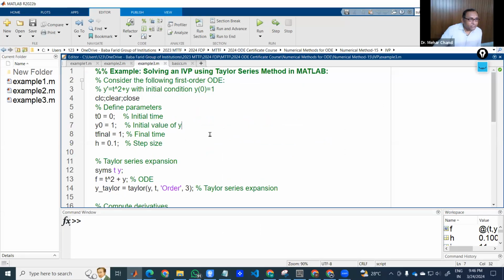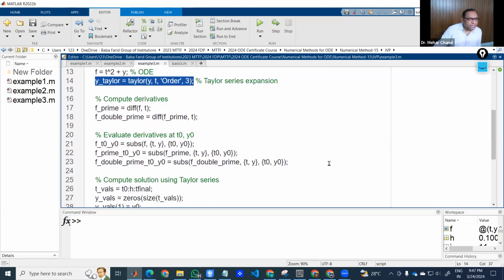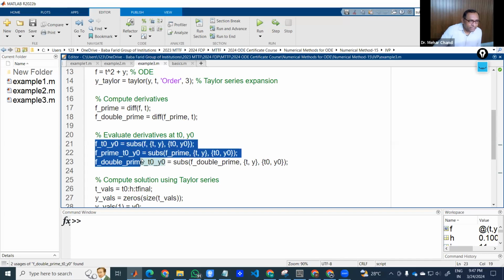And in the third example also, we have this example, y dash is equal to t square plus y, and an initial condition. So these are the same statement, and here we are using a third order Taylor series. The other steps are the same. We need to compute the values f(t0, y0), then f prime (t0, y0), and the double prime. All the values we compute at the initial point,